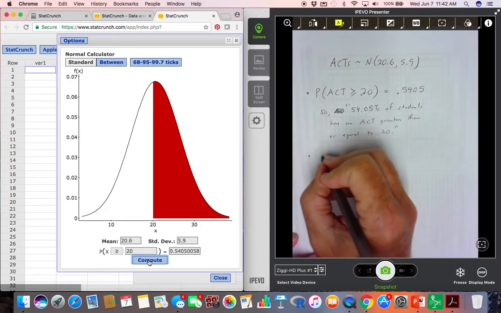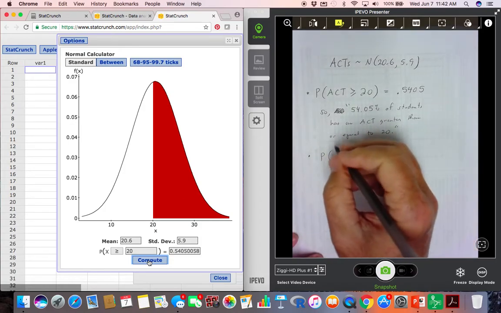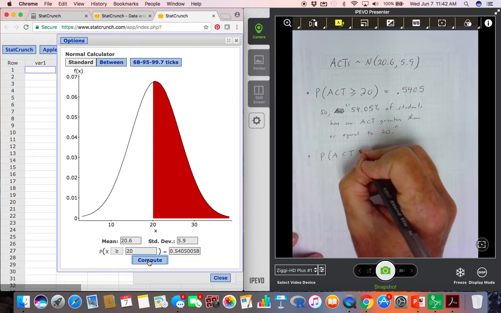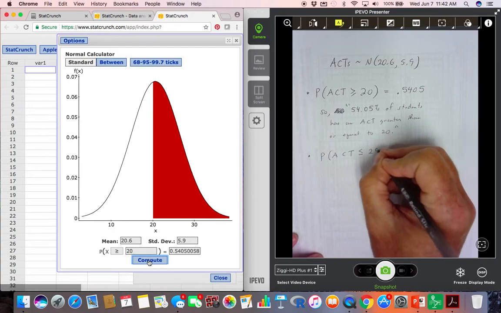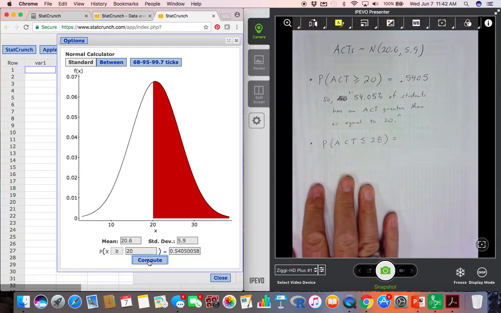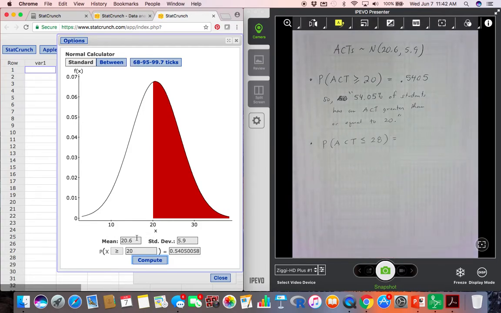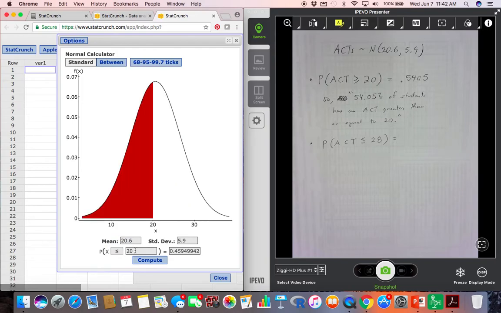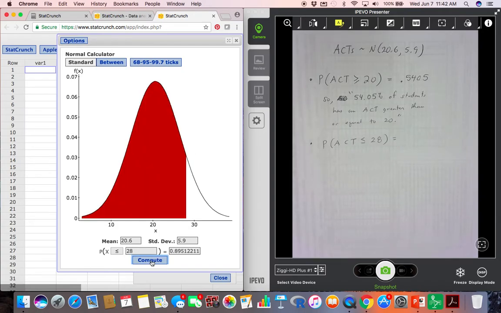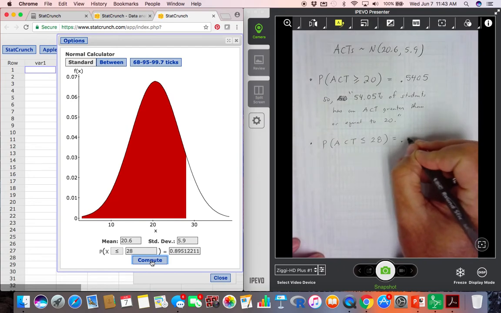What's the probability that we select a student at random and their ACT is less than or equal to 28? Well, again, that's a tough problem without technology, but we can come in and check this to less than or equal to. Change that to 28, hit compute, and 0.8951